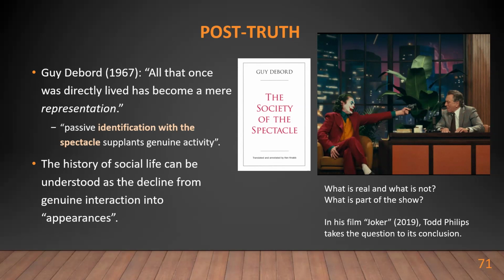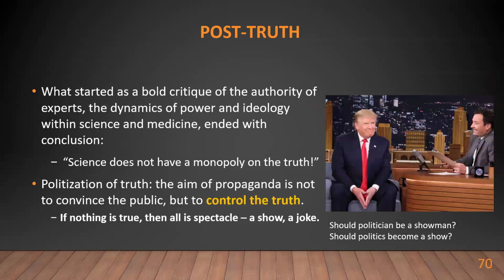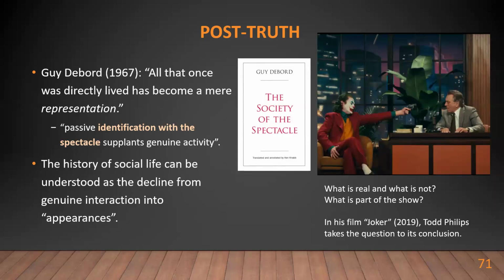In his film Joker, Todd Phillips takes the question to its conclusion. In this scene where the Joker shoots the host of the late night TV show, which of course I put in contrast with the real life politician in the same spot as the Joker occupies in another real life late night show. This is a subtle artistic critique on the modern society because people who were watching that show were